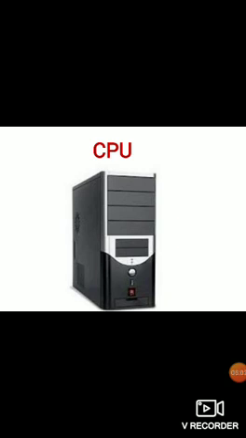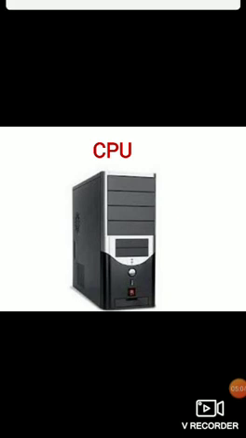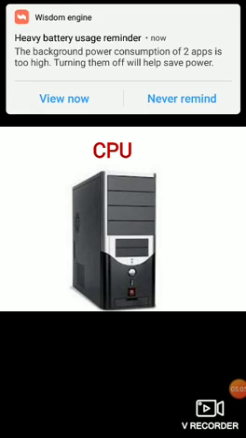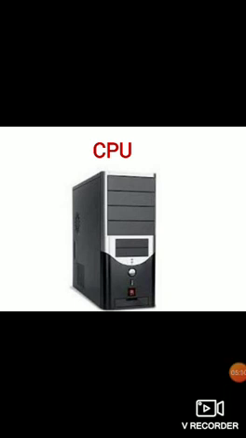Keyboard and mouse send the information to the CPU, and CPU transfers the information to the monitor, and it shows the output on a monitor. So whatever we type from keyboard, we can see that on a monitor. So CPU is the brain. As our brain works and controls our body, like that CPU controls all the working and all the functions of the computer.